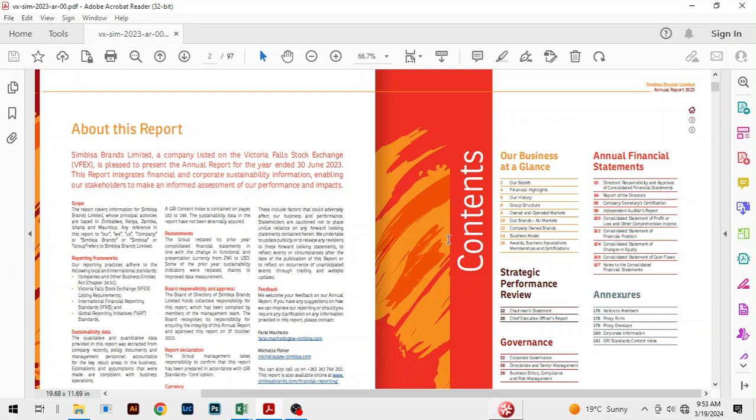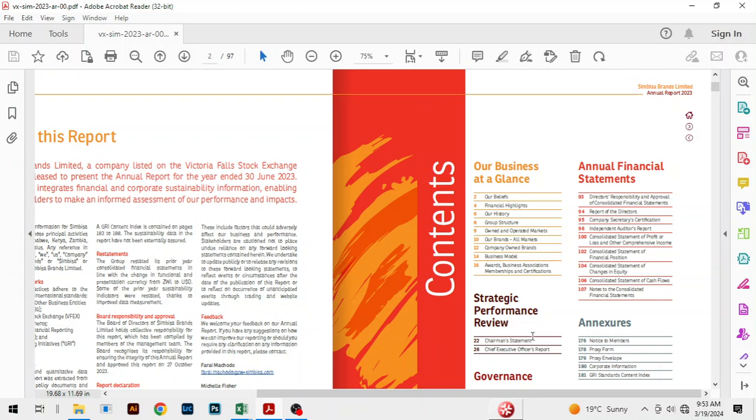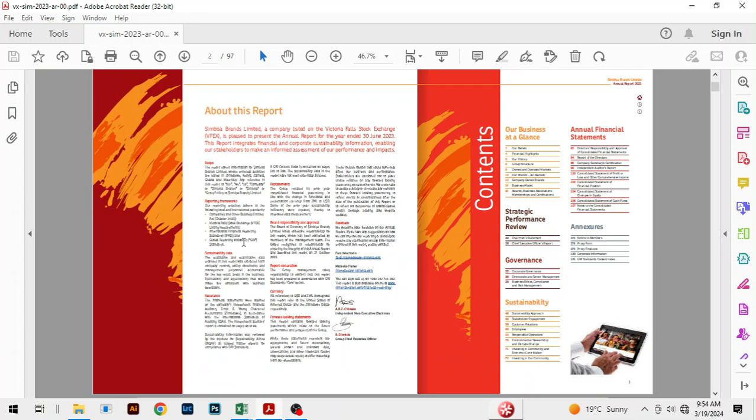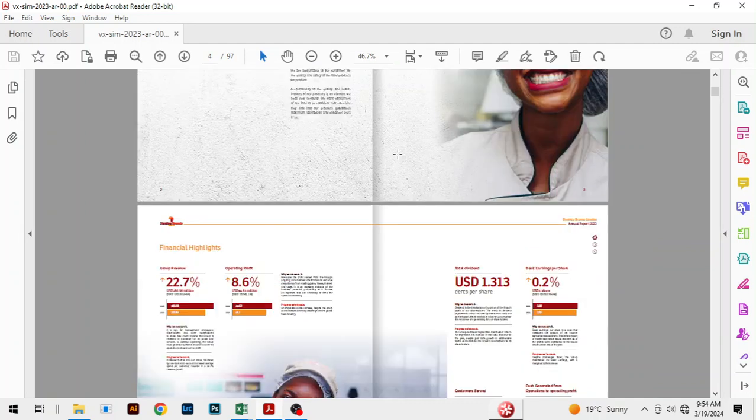That's where mostly you have to start looking at, right? Here you can see we have got financial highlights. That's on page 4, and we have got a lot of things here. And then under strategic performance review, let me just zoom a little bit. We have got the chairman's statement, the chief executive officer's report. Let me just quickly go through this annual report with you until we get to the section of